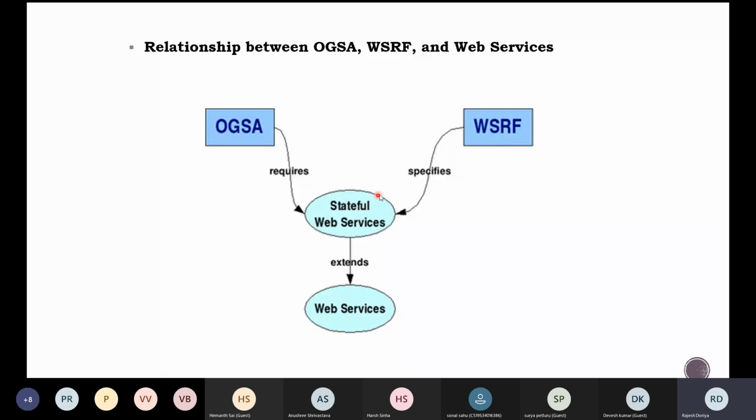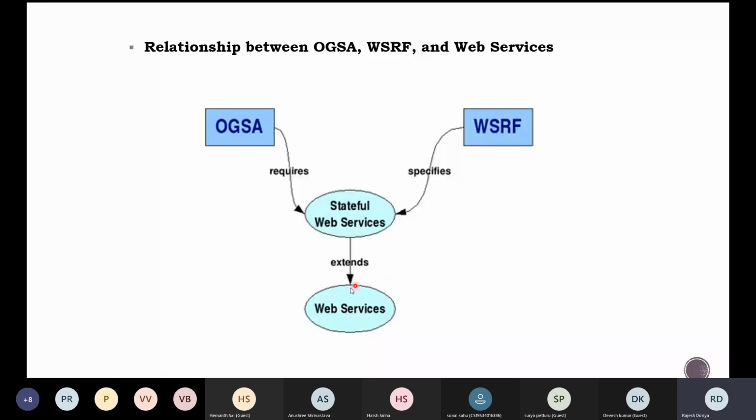And the Web Service Resource Framework ensures that it specifies all these stateful web services, while the implementation requires that it has to be stateful. So first, the services provided by the World Wide Web will be there.